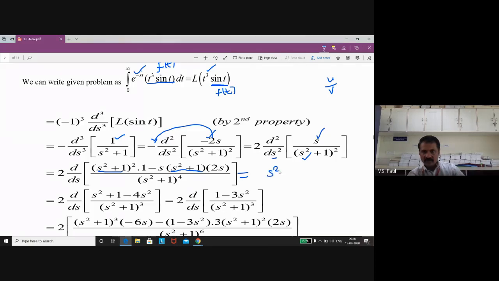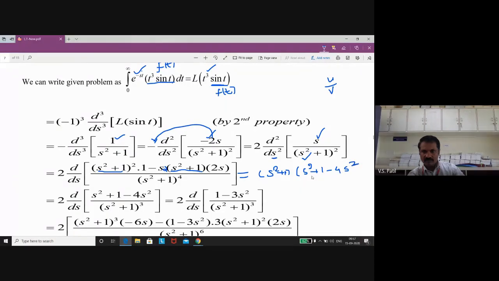You can take s square plus 1 common, and inside the bracket you are left with what? From the first term you are left with 1, s square plus 1 into 1, so you can write it directly. Now you have taken this outside. I have forgotten to write 1 by 2 here. So if you consider these two, it becomes 2 into 2, which is 4s, and 4s into s becomes minus